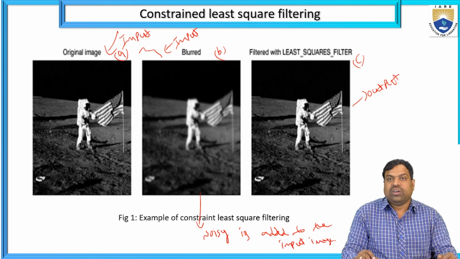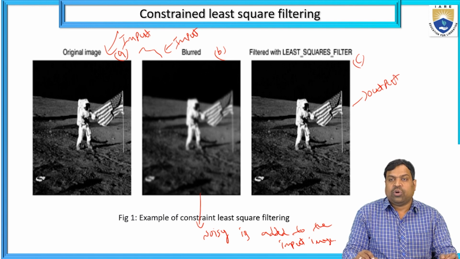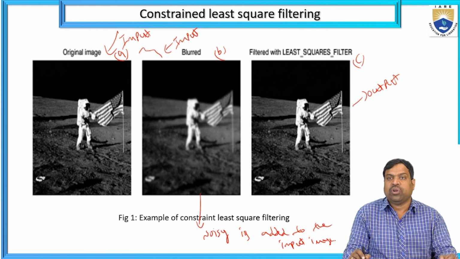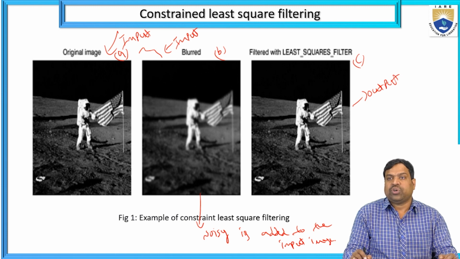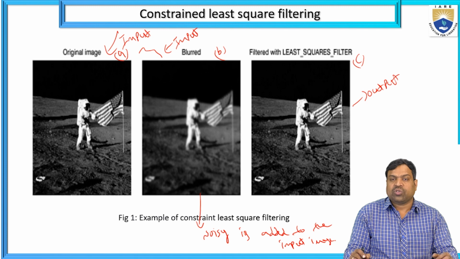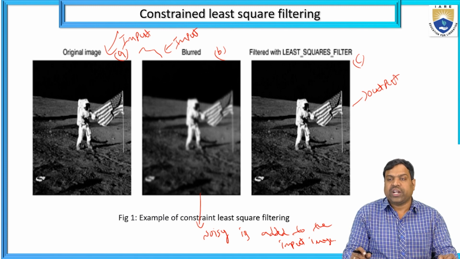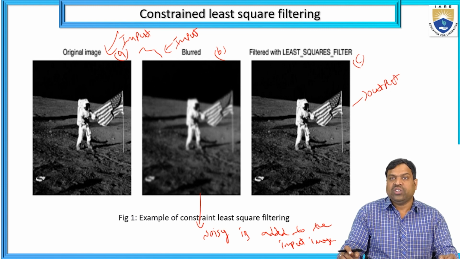Noise is added to the input image, that is the blurred image. So the original image with blurring is a noisy image. The output is the least square filtered image. It is the output image without noise, or deblurred, meaning the blurring is removed from the original input image. Comparing to the input image, the output has much more clarity. Why? Because we applied a smoothing technique to reduce the blurring and for denoising. So it is one example of